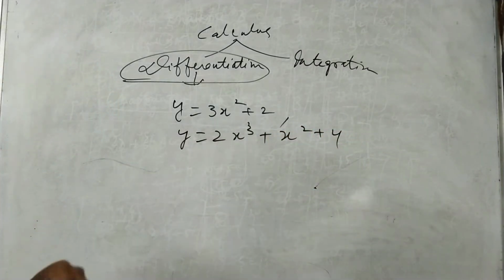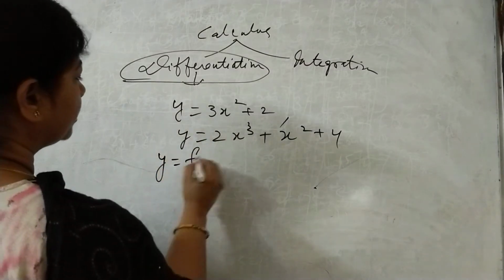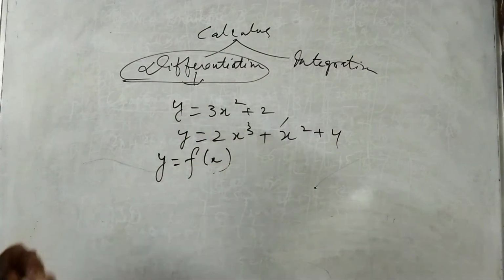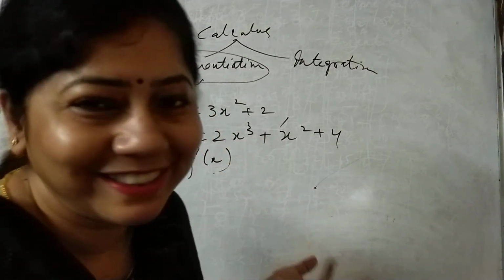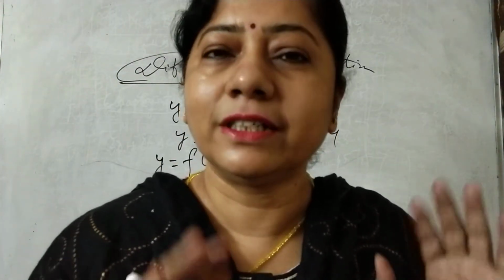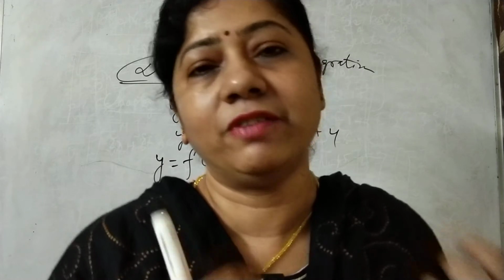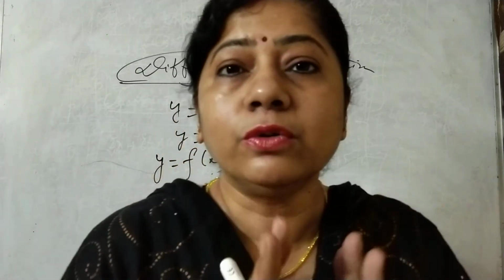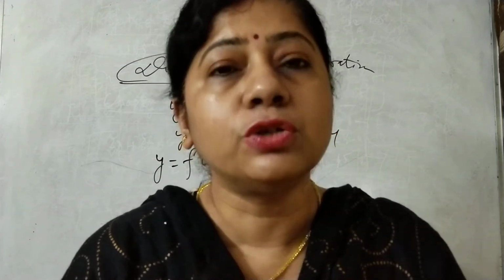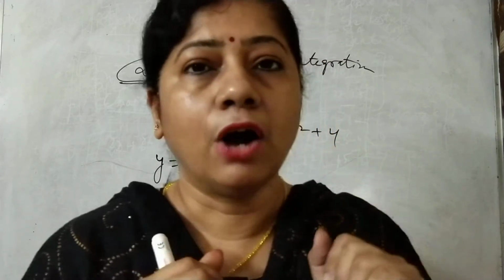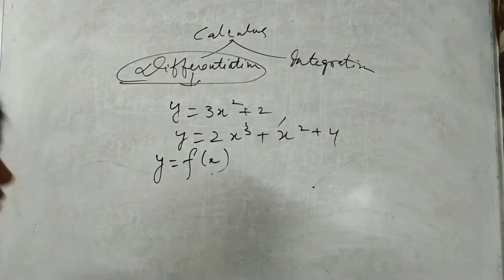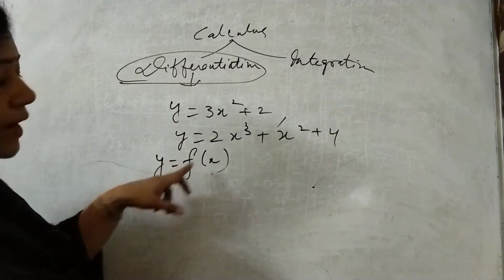So it means what? y is a function of x. It means if we change the value of x, obviously the value of y will change. This is very simple. You have done it in mathematics. Okay, so what is important where we get to physics? When we do the differentiation part, we look at the change of one with respect to the other. Now in this case, let us assume we are going for a very small change, that is delta x.